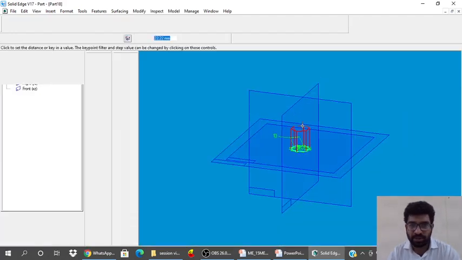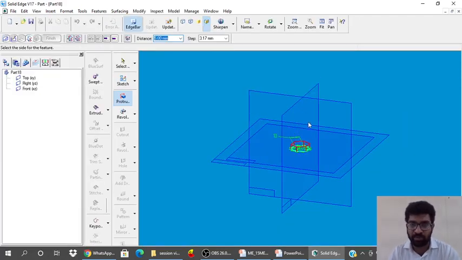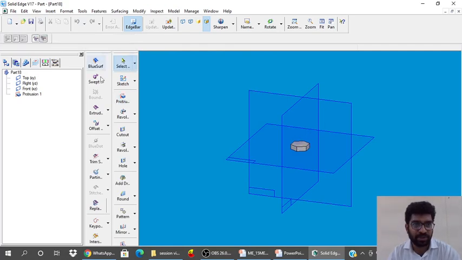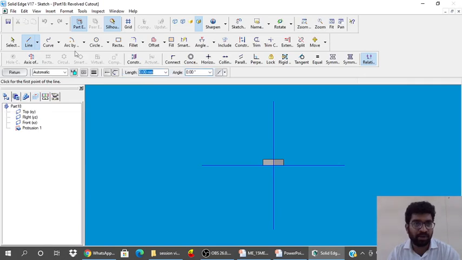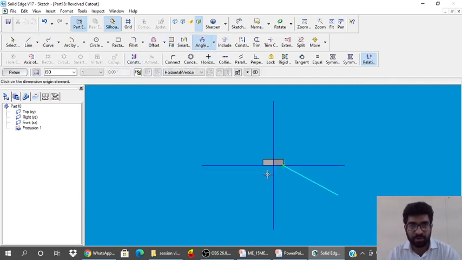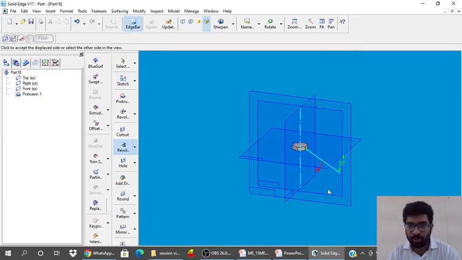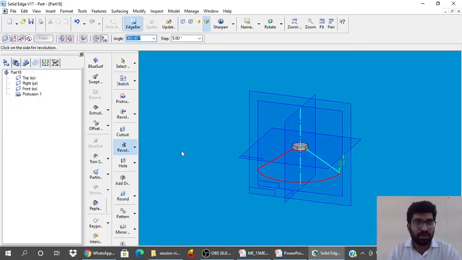Say return, thickness is 5 mm, and say finish. Now we will do revolved cutout. Revolved cutout, select front plane, line command from this edge, and then angle between this line and this line, it should be at an angle of 30. Axis of revolution is vertical axis. Return, arrow pointing downwards, angle of rotation is